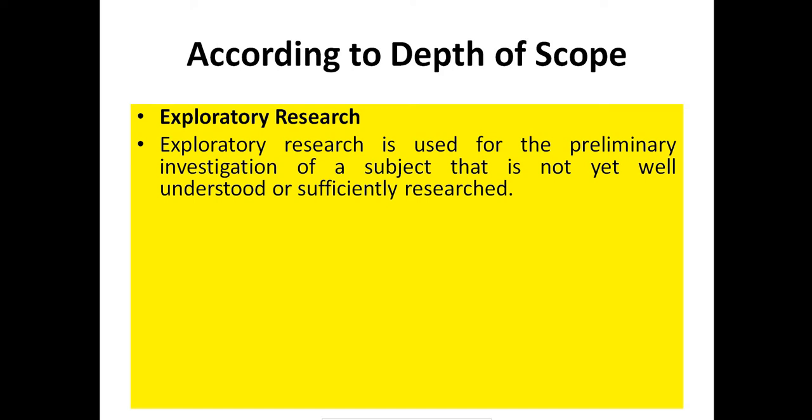So the investigation that Columbus undertook is a kind of exploratory research, because the sea route from Europe to India was not at all known to the Europeans. He started with some assumption, and ultimately we know that he landed in America, and that's why we say Columbus discovered America. Initially he thought that this was India, and that's why the original inhabitants of America were called Red Indians by Columbus. That was the reason. So this is an exploratory study undertaken by Columbus.